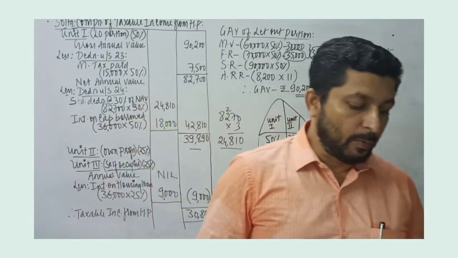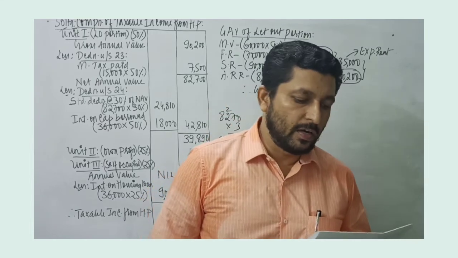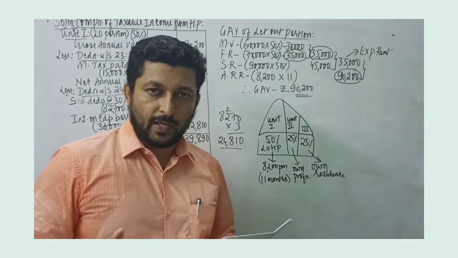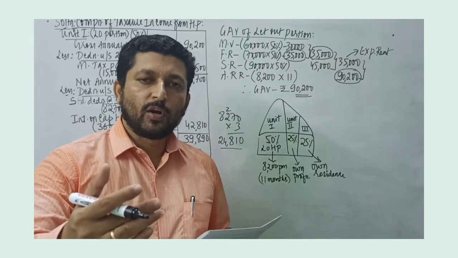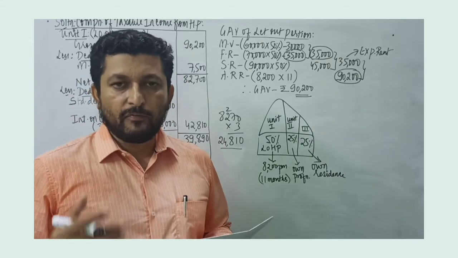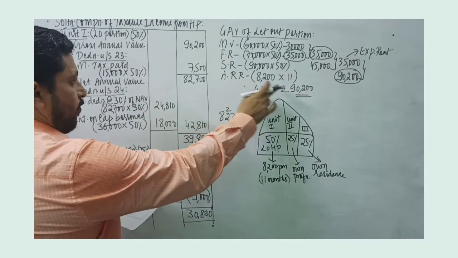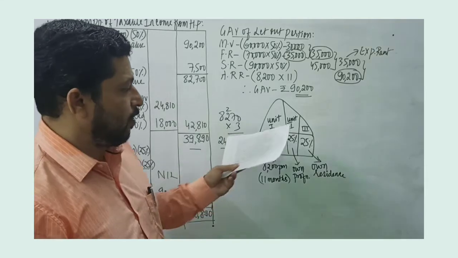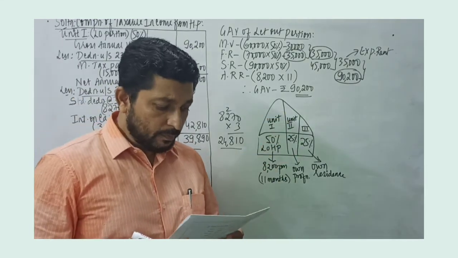Now in this particular problem, there is a mention that a sum of rupees 700 could not be recovered from the tenant. But nowhere in the problem is it given that rule 4 conditions are fulfilled. If this were given, then we would have adjusted it out of the actual rent received. We would have deducted the amount 700 from that particular value.